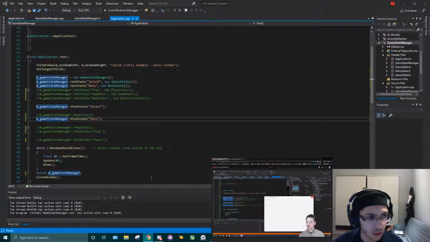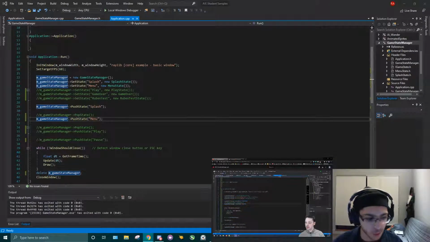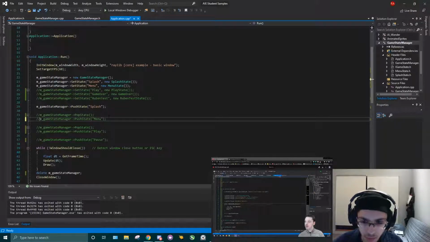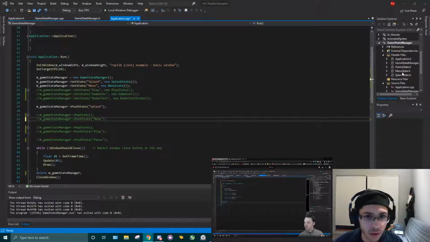So far so good. We can see that these are working. So what we now want the capacity to do is we want our splash state and our menu state to have access to the game state manager, and for those classes to be able to add and remove states. So let's just push on our splash state, and we'll say after 3 seconds we want our splash state to transition to our menu state. So if we jump into our splash state, what we'll want